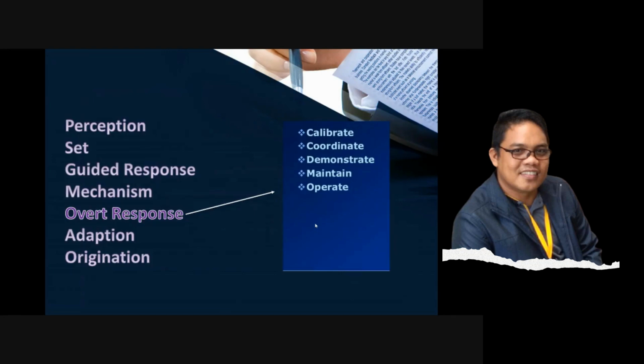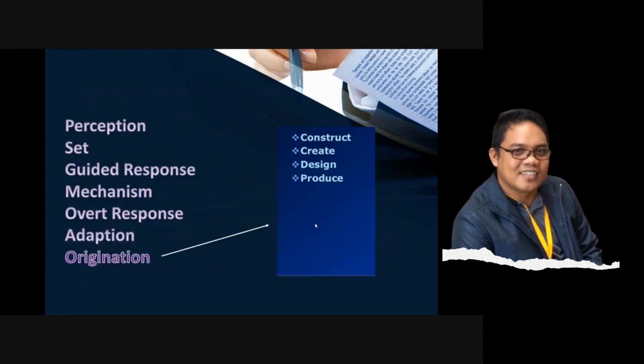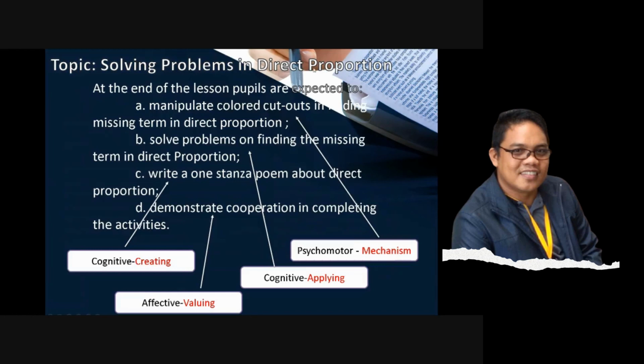For overt response: calibrate, coordinate, demonstrate, operate, maintain. Adaptation: adapt, build, change, develop, supply. Origination: construct, create, design, and produce. So these cognitive, affective, and psychomotor aspects in writing your objectives in your lesson are very, very much important. Okay, now this is a sample